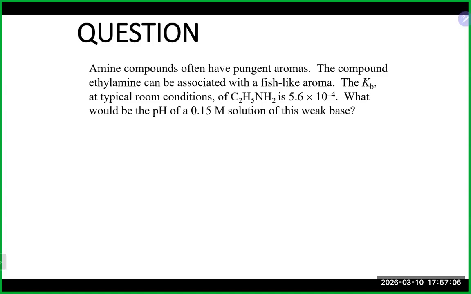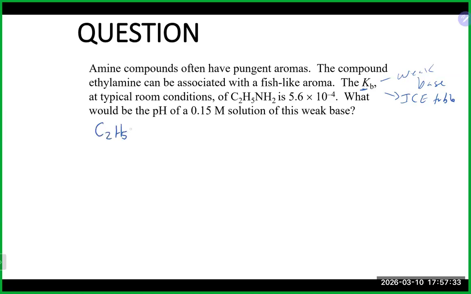Okay, let's take a look, see how you're doing on this. So obviously here we got a couple things we could pull out for the problem. We got a Kb, which should automatically scream to you a weak base, and when that's done screaming at you, it should probably scream at you that an ice table is probably the appropriate action here. So we will start with our reaction. So we'll take our weak base there,